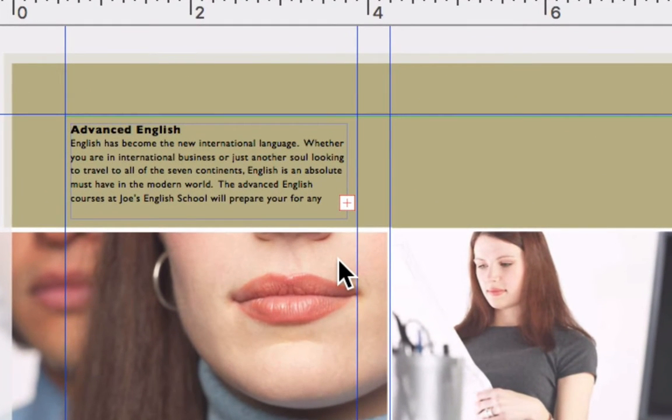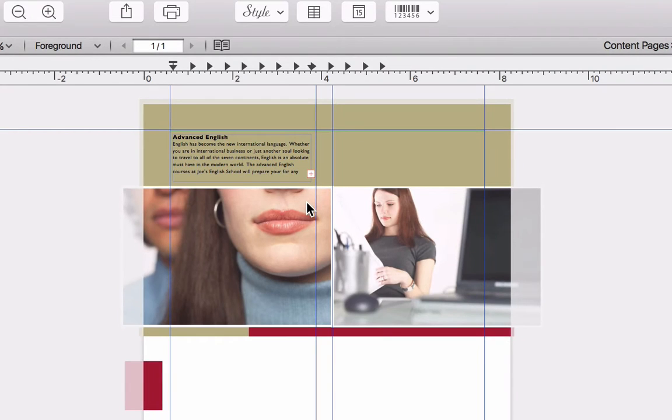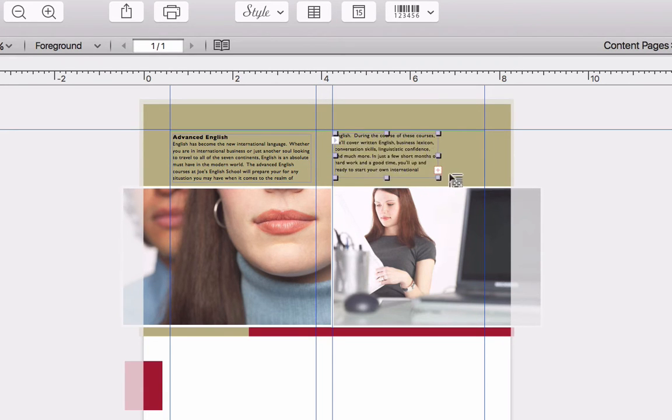The red cross to the right lets us know that the pasted text is too long for the current text box, and there are two different ways that we can fix that. We either resize the existing box or create what is called a linked text box. Let's do the latter by clicking on the red cross and drawing a second text box. As you can see, the text is now divided between the two boxes. If you add or delete a portion of text in the first box, the amount of text in the second box will change accordingly.